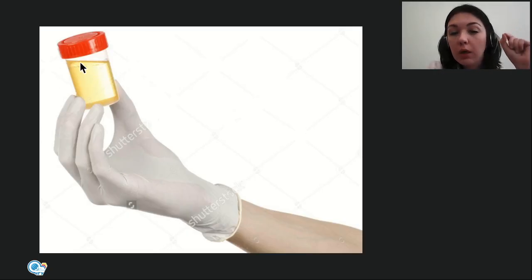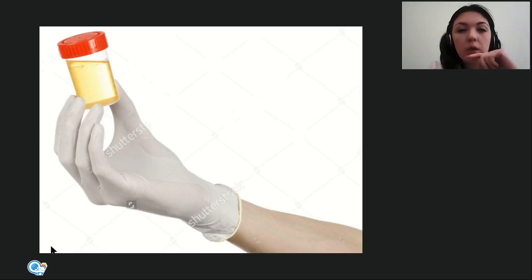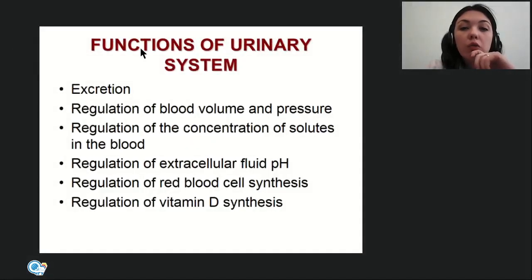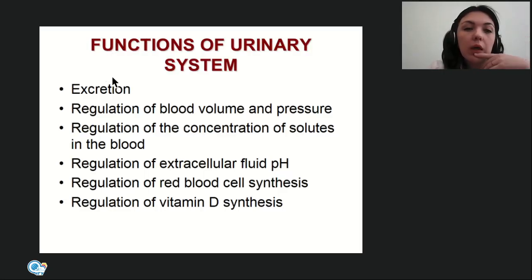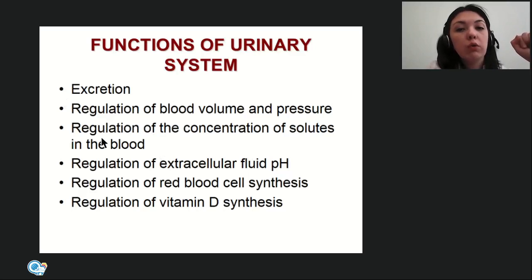with a very constant composition. But this function is not just production and excretion of urine. It is a very complicated process. And due to it, the urinary system performs some other functions as well. First of all, it is excretion, and then by means of this excretion, it is also regulation of blood volume and pressure, and regulation of concentration of solutes in the blood, and regulation of extracellular fluid pH,